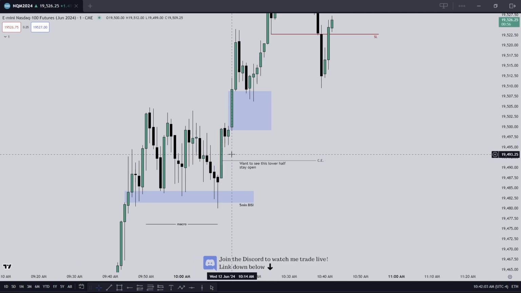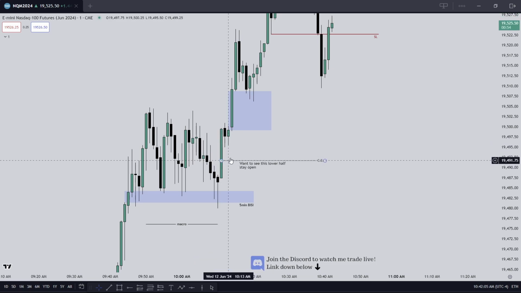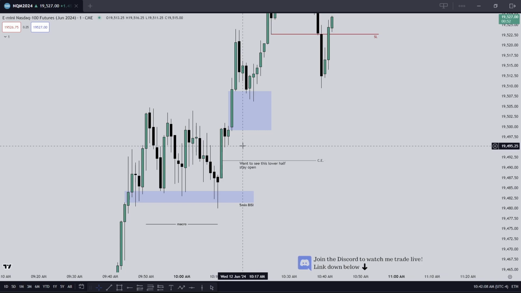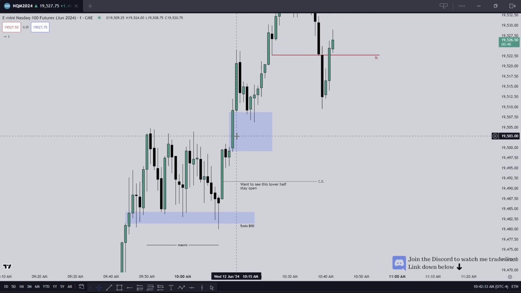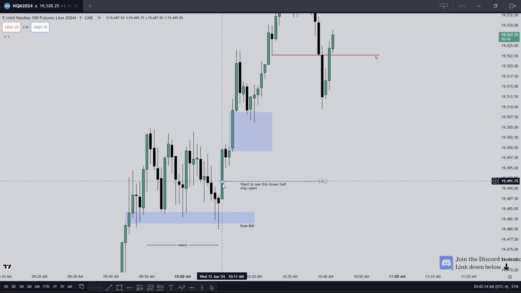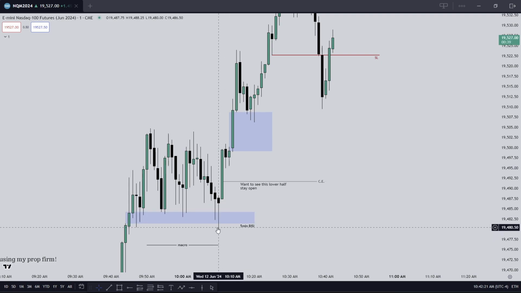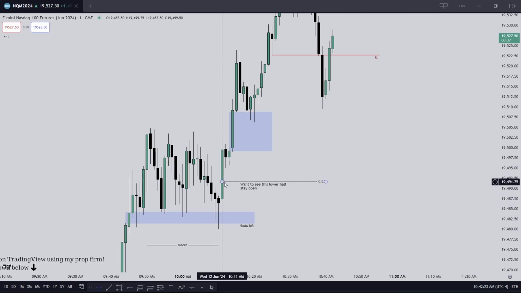So nothing wrong if it trades down into it, but I like to use it for insight. And then if you remember, I said I'd rather buy a fair value gap up here in this region, and then I'll be comfortable putting my stop inside of this fair value gap, because we don't want to see that traded to. So you don't have to put your stop loss below this low, because this is a breakaway gap.